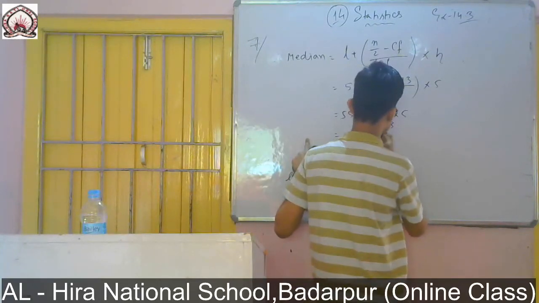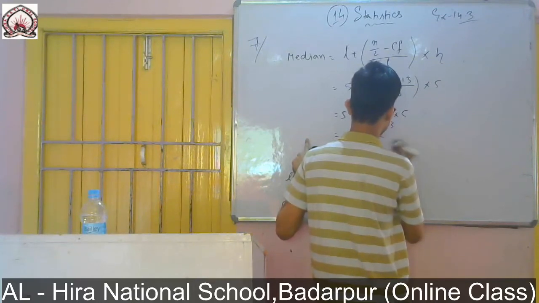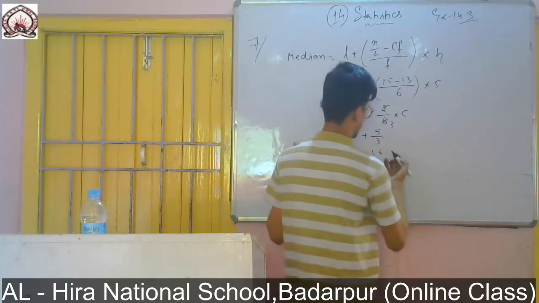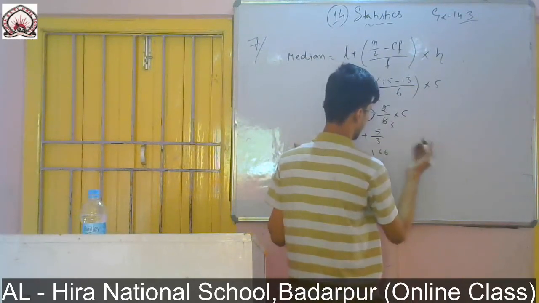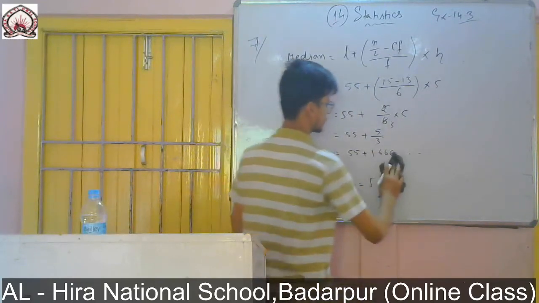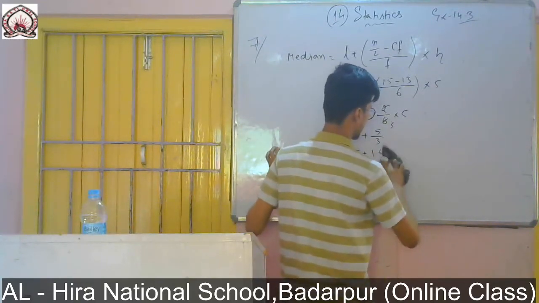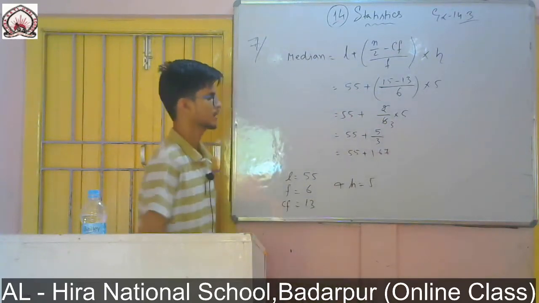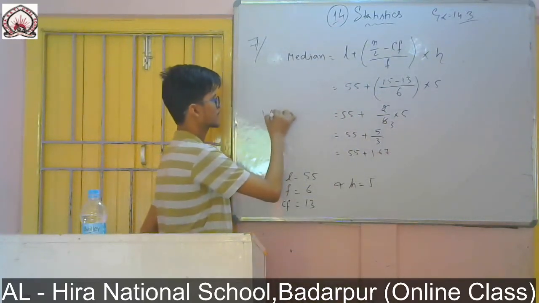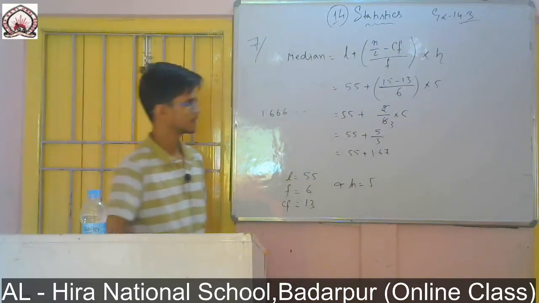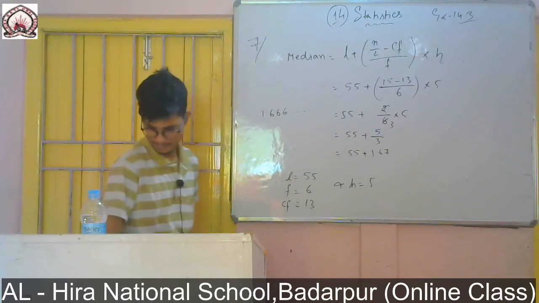3 ones are 3, then 2 left, 20. 3 sixes are 18, then again 2 left, 20. So it will continue like this, 6 6 6 6 6. So you keep it up to 2 places, you write it as 67. Hope you understood. If I divide 5 by 3, I am getting 1.666 like this. So I will stop it, and write here 1.67.